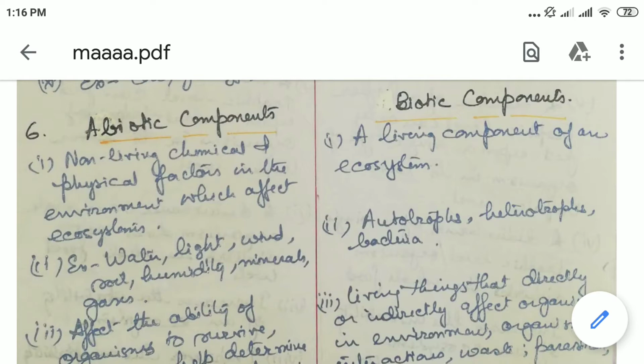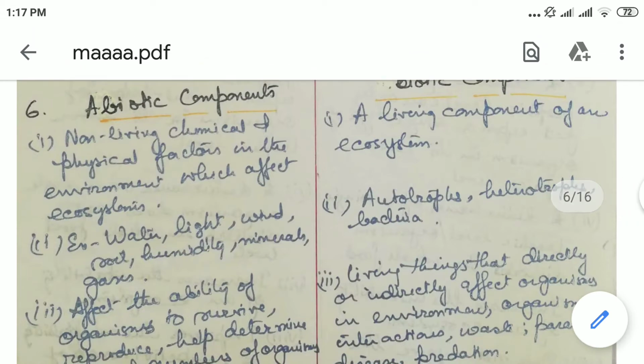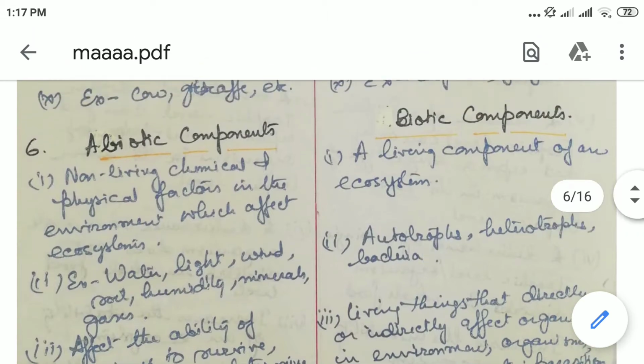So in my previous video, last video, I started with the fill in the blanks, choose the correct answer, and difference between. Some of the differences are left. In fact, one is left, so I'll start with that and continue with the rest of the question answers. This chapter is according to the ICSE syllabus, class 8. So let me start with the first one, the abiotic and biotic component differentiation.